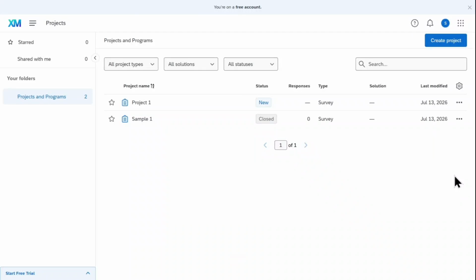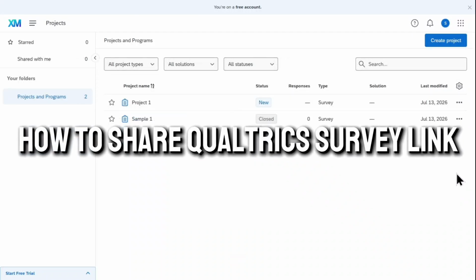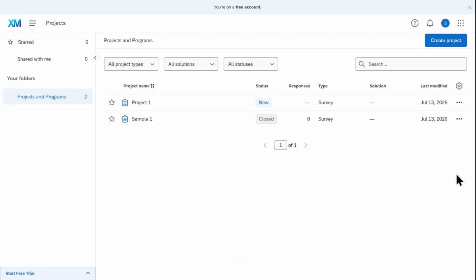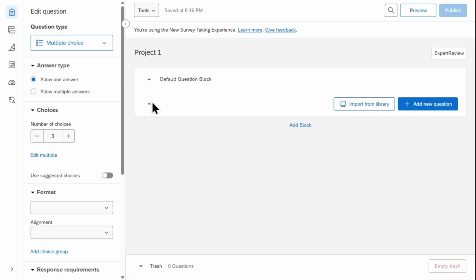In today's video, I will show you how to share a Qualtrics survey link. First, open your browser, go to the official site of Qualtrics, and make sure you are logged in. Once you are on the home page, find the project you want to share, then click on the three dots